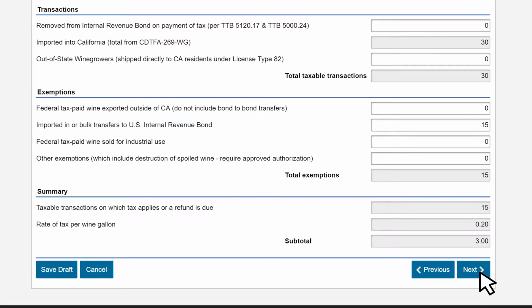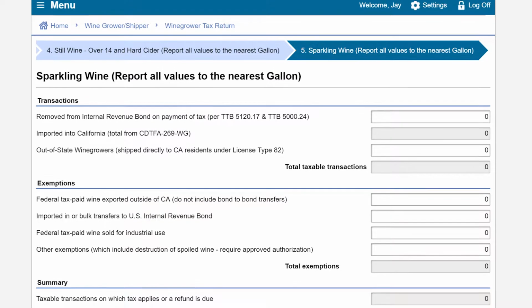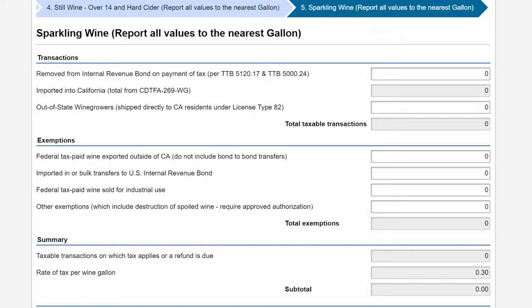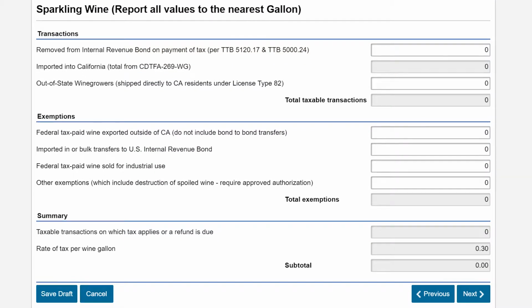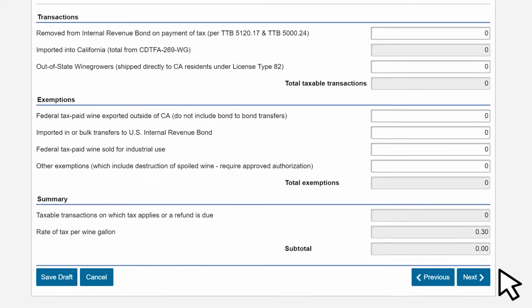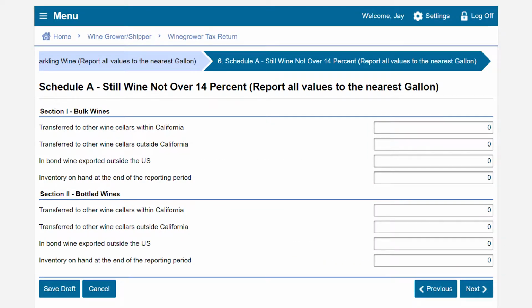Click Next. This next slide shows your transactions for sparkling wine. Here you can add any exemptions for this category. In this example, we will report no exemptions. Click Next. The Schedule A is the summary of wine in bond, transferred, exported, and in inventory for still wine